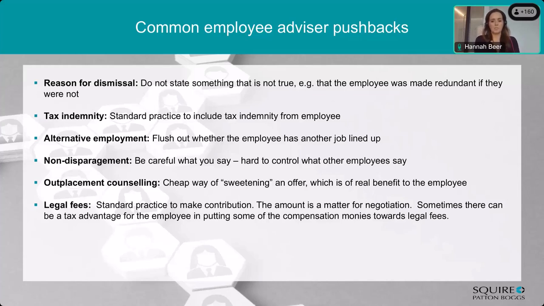HMRC will generally pursue the employer and not the employee directly, because it's a bigger target and it's the employer's responsibility to account for tax on earnings of employment. So therefore, by including the tax indemnity, the employer has the right to reclaim any sums from the employee, assuming it's prepared to take action to enforce the clause and that the employee is actually worth suing, as in, do